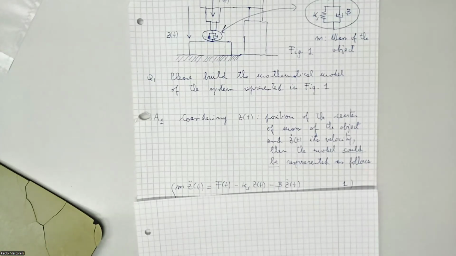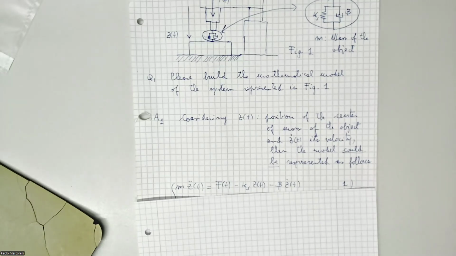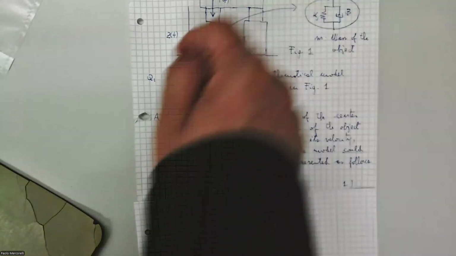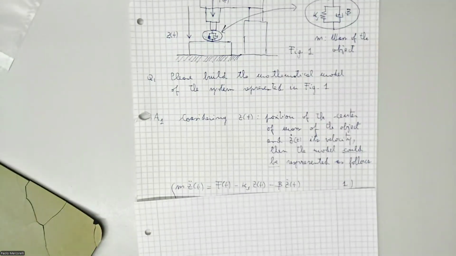Set as a state variable. I don't need to repeat everything which we did in dynamical system, but set is the position of the center of mass. We are considering again an object characterized by its material elements, in our case, Ks and B,